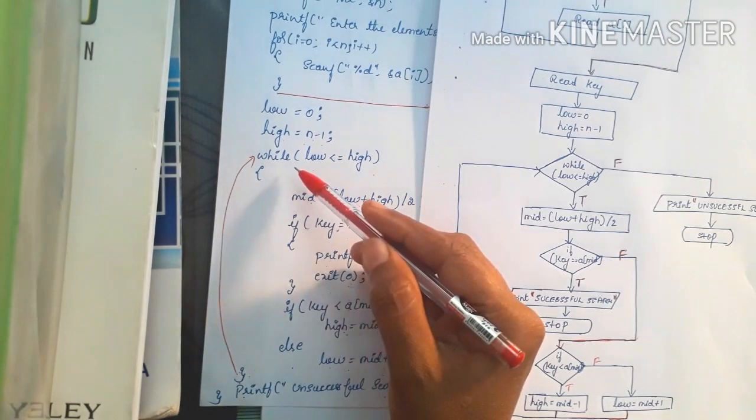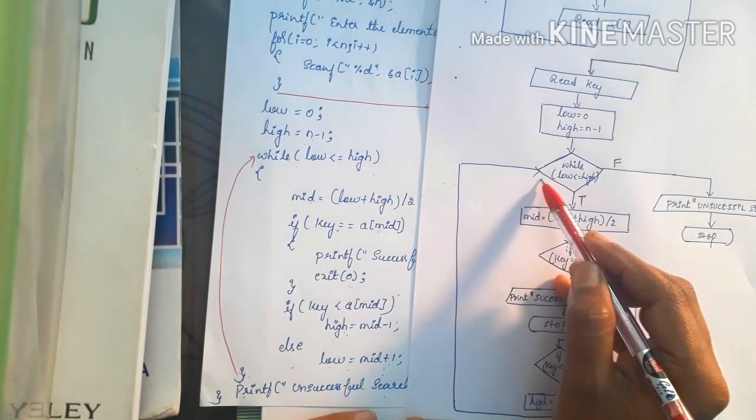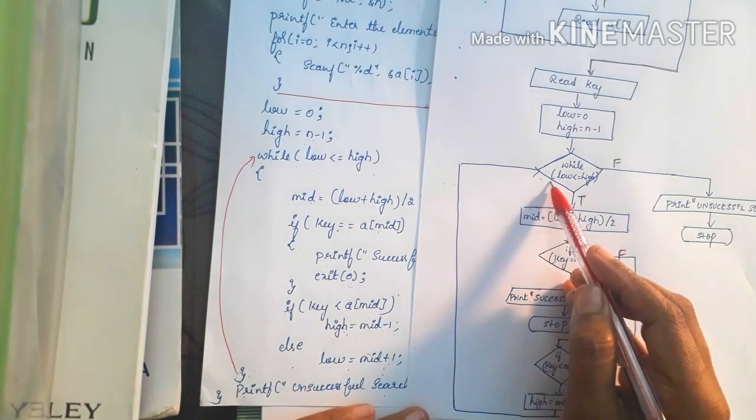End of while means control returns back to the while loop. So here also, if this condition is true, the if part instruction is executed, then control moves back to the while loop. In case this condition is false, control moves to the else part. Else part instruction is executed. Next one is end of while. Here if this condition is false, else part instruction, then end of while means control moves back to the while loop.